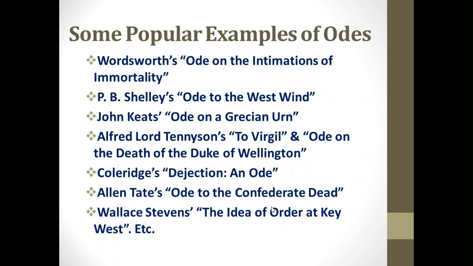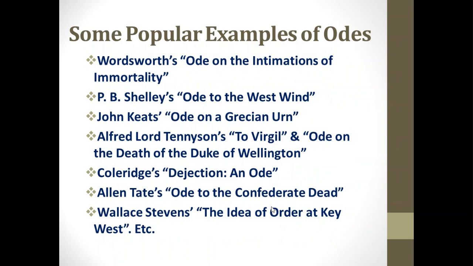Let us try to understand some of the popular examples of odes in general. William Wordsworth, Ode on the Intimations of Immortality. P.B. Shelley's Ode to the West Wind. It's very, very popular. We know P.B. Shelley, William Wordsworth, John Keats, all these English poets are very popular and they have developed more odes. John Keats, Ode on a Grecian Urn, then Alfred Lord Tennyson's To Virgil and Ode on the Death of the Duke of Wellington,